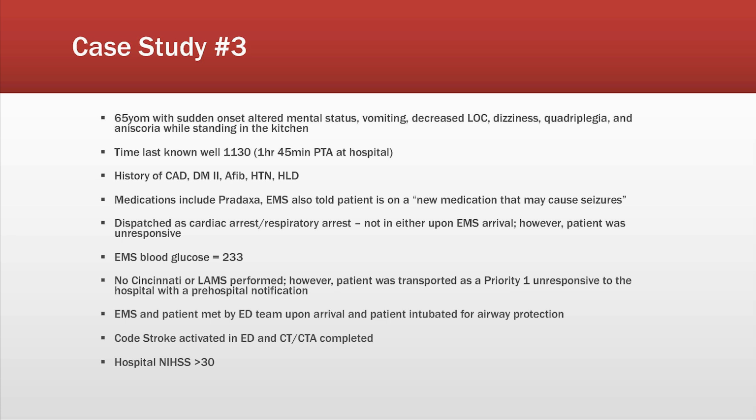Medications that they found the patient was on included Pradaxa, which is again a blood thinner, commonly used to manage atrial fibrillation, or AFib. EMS also told the patient is on a new medication that may cause seizures. We weren't really certain as to which medication that could be. So here's the thing. The patient was dispatched as a cardiac or respiratory arrest, again, because of that severe onset of symptoms, right? However,